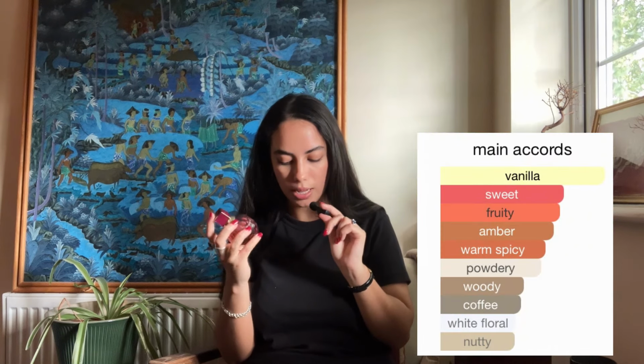So yeah, the next perfume. Actually, this one I don't wear anymore, but I decided to include it as well. It's Jimmy Choo's, I think this is called Fever. Looks like that. This just isn't me anymore. I got this as a gift a year ago. The main accords for this are vanilla, sweet, fruity, amber, warm, spicy, powdery, woody, coffee, white floral, nutty, which, you know,